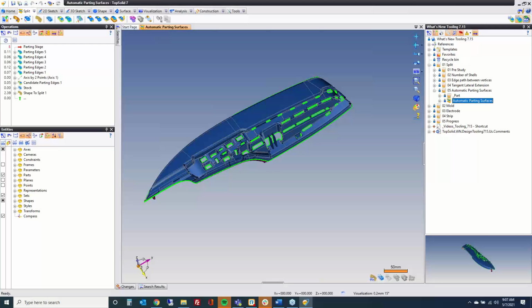Lastly, with updates to TopSolid'Split is an automatic parting surface improvement. Basically, the calculation time has been optimized from 50 to 80% time savings according to the type of part, and the results are much better. Let's have a look. So if I go to my automatic parting surfaces,